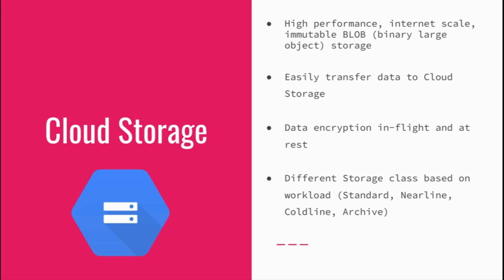Now you can easily transfer data to cloud storage. You can either use the transfer service, or you can use the transfer appliance to move data from on-premise to cloud. Transfer appliance is basically, as I said, you lease an equipment, you put all your data and send it to the cloud, and they will load the data for you. You can use this when you have a lot of data and for one-time movement to the cloud. Otherwise, you can also use a typical transfer service which moves the data from your on-premise to cloud. It supports both data encryption in flight and at rest.